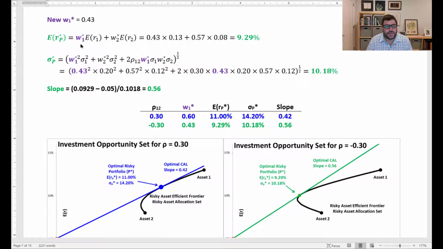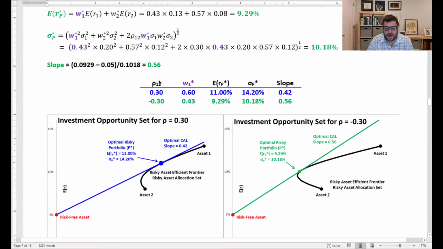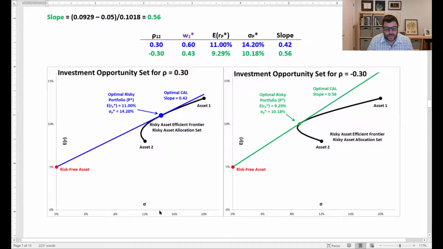So I recalculate the expected return of the portfolio using my new W1 star, and the reason I have a new W1 star is because I've assumed a different correlation. And so I get an expected return of my optimal risky portfolio not at 11%, but instead down here at 9.29%. And the risk of my optimal risky portfolio, instead of being out here at 14%, is instead here at only